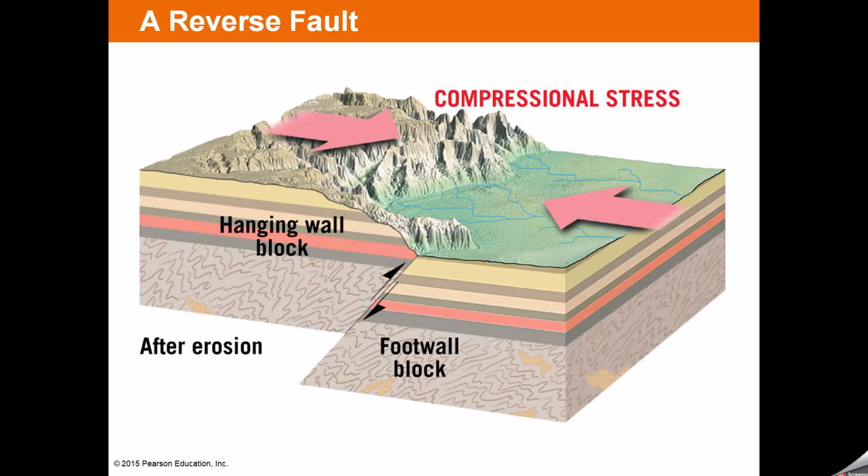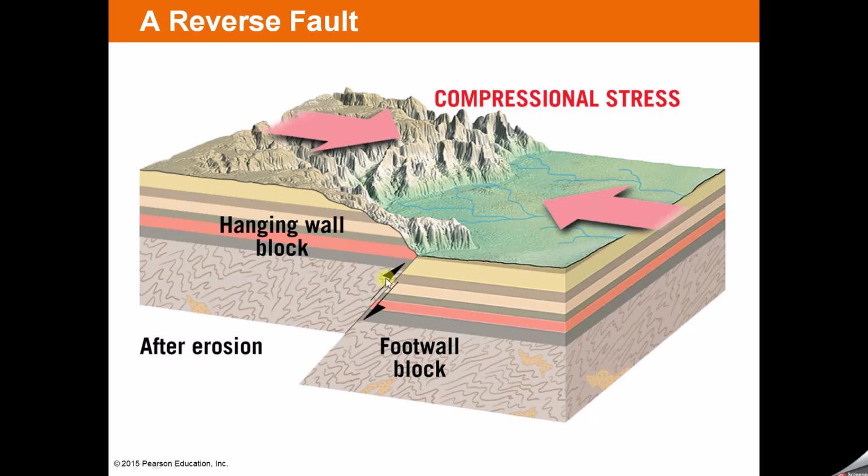So let's look at this. This is the fault plane. Above the fault plane, we call it hanging wall. And under it, we call foot wall. So if you look at this layer here, it's exactly the same. So this layer is going up. So we know the hanging wall is moving up. This is reverse fault. To have this configuration, you have to have compressional force. And that means there's crustal shortening.